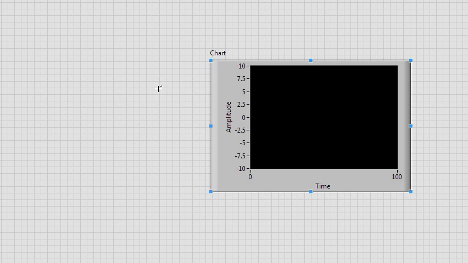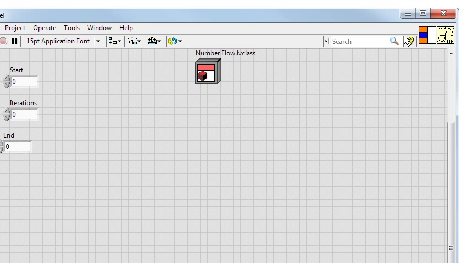And now to the testing. On the front panel of a new VI, I want to drag and drop the chart. And on its block panel, I want to drag and drop the sin.vi producer, which I noticed didn't have the appropriate output, which it does have now. So I want to connect this together,